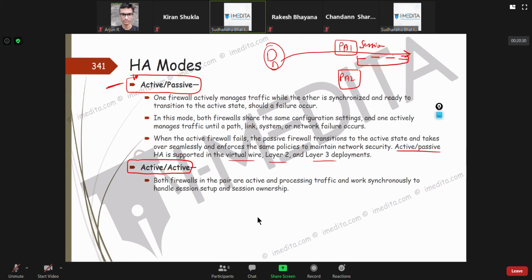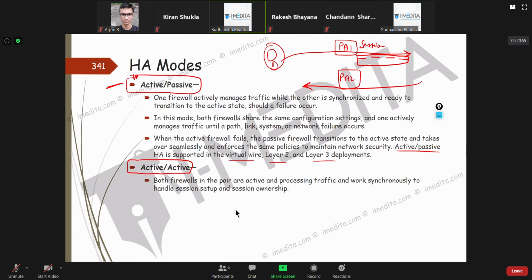Now imagine that return traffic comes through Palo Alto 2. You will need to synchronize this session table, and they'll also have to take care of session ownership and let each other know a lot of things.